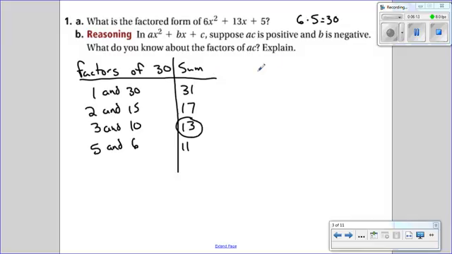So we rewrite this as 6x squared, but instead of 13x, I'm going to rewrite it as 3x plus 10x plus 5. And I got the 3x and the 10x from this right here. Okay, so now remember,